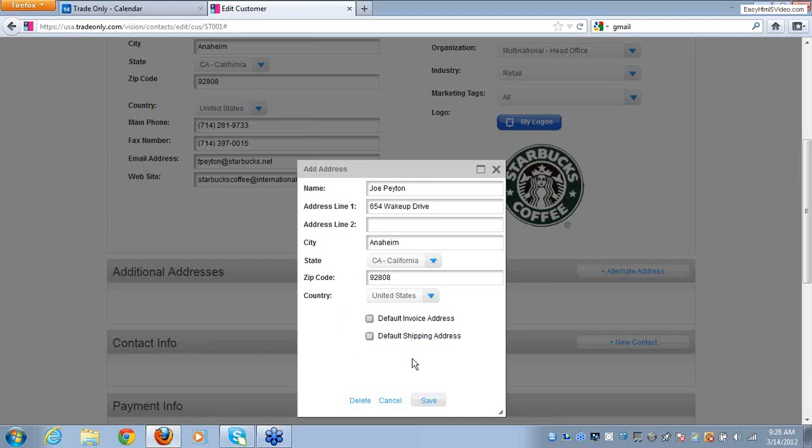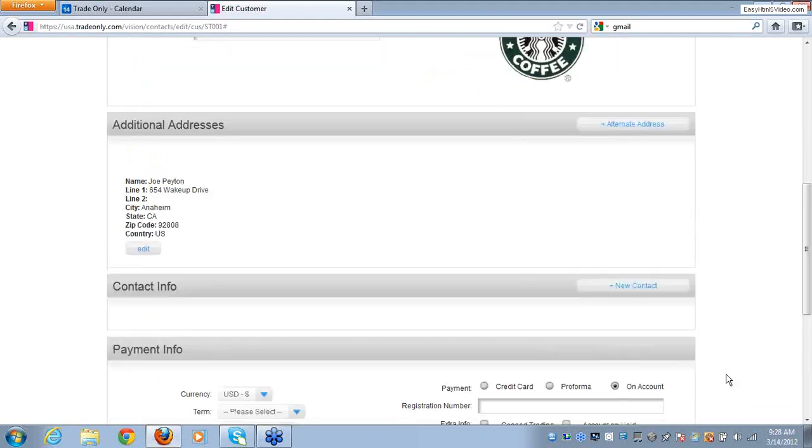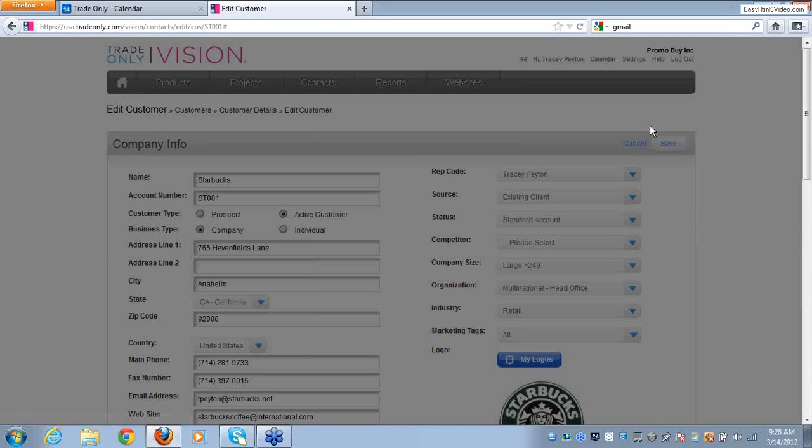Okay, and I have a couple selections here as I mentioned earlier. So Joe Payton maybe is in charge of billing. So I'm going to go ahead and default this as the invoice address because this is where I want all the invoices to go. So I can check that and I can hit save, and then it will apply that additional address. If I have more, I would just again click on alternative address